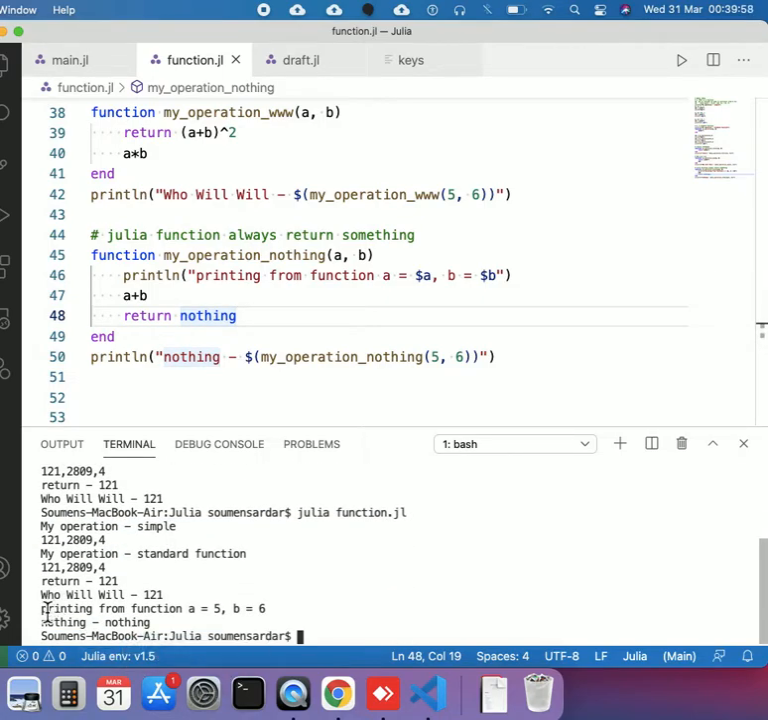Yep, so printing from the function where the value of a is 5, b is 6, and the function is returning nothing. Now